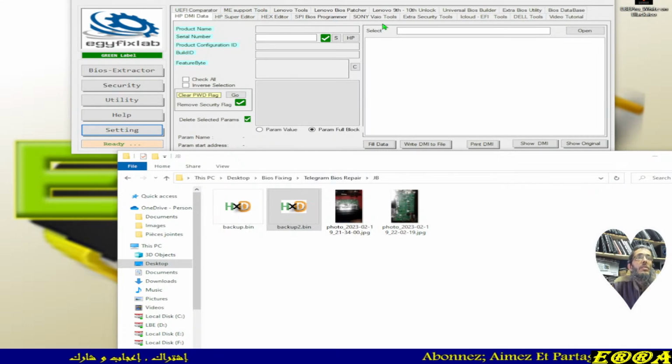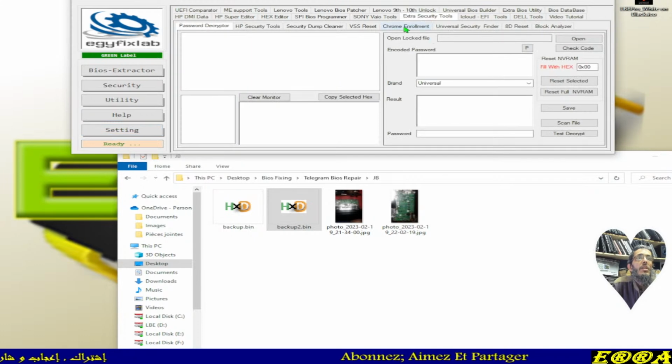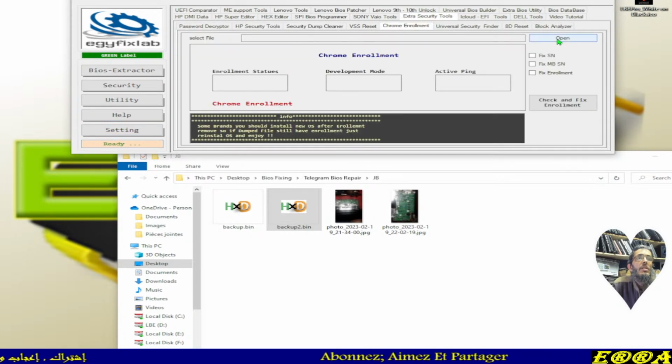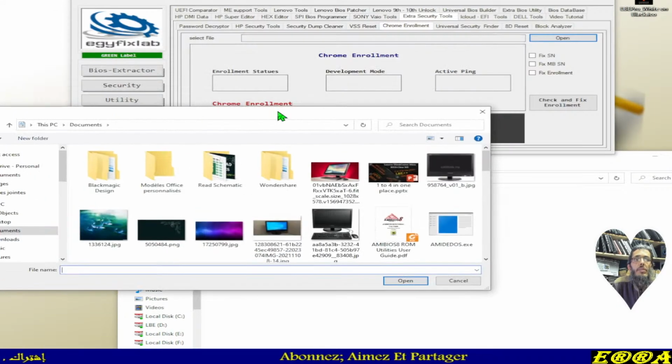Okay, let's go here on our tool. Let's go to extra security tools, Chrome enrollment, and let's open the file. It shows the file.